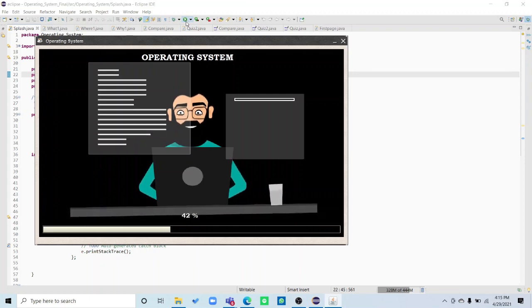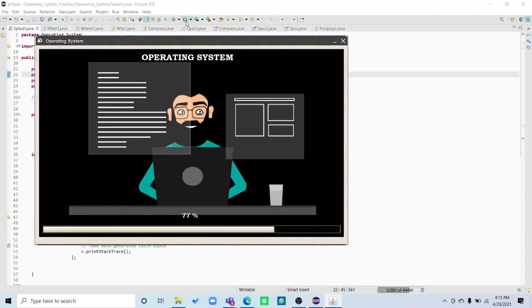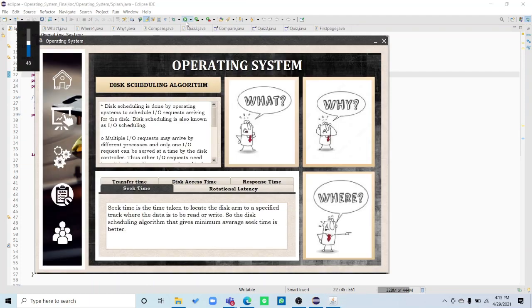On initializing the GUI, a splash screen will appear showing a progress bar, on completion of which we will be taken to the home page. Now the main interface is divided into two main components, the side panel and the main panel. The side panel consists of five main navigation buttons, that is the home page button, algorithm, simulator, quiz, and our team buttons. We will see more on these buttons later.